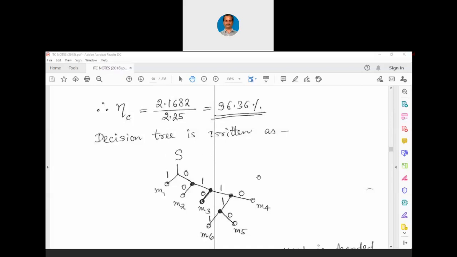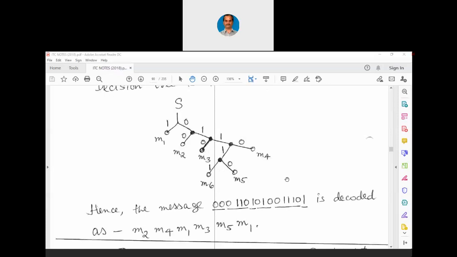Now, using this decision tree, we will have to decode the given big message. You can see here the message 0, 0 is present as M2. Immediately 0, 0 is decoded. Single 0 is anyhow not there. Next, after 0, 0, we have 0, 1, 1, 0, which is M4.